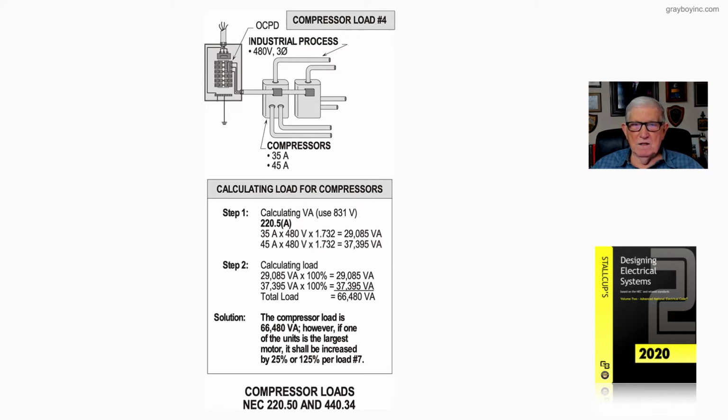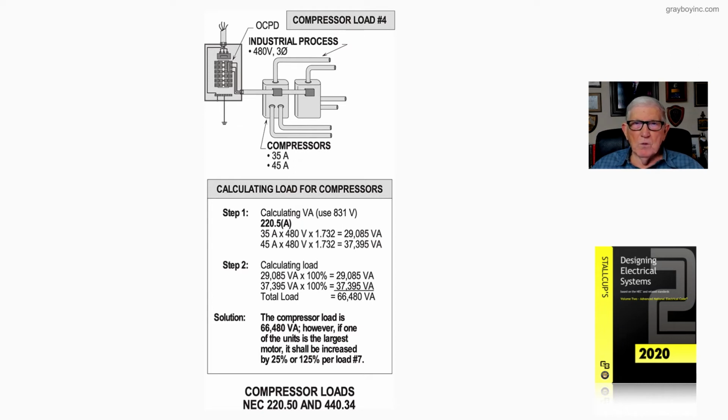33,395 VA. Now we take those VA ratings at 100% in step 2, then we total them, and we come up with 66,480 VA. Now, in the solution, the compressor load is 66,480 VA. However, in the final load 7, if one of these compressors, like the 45 amps, is the largest